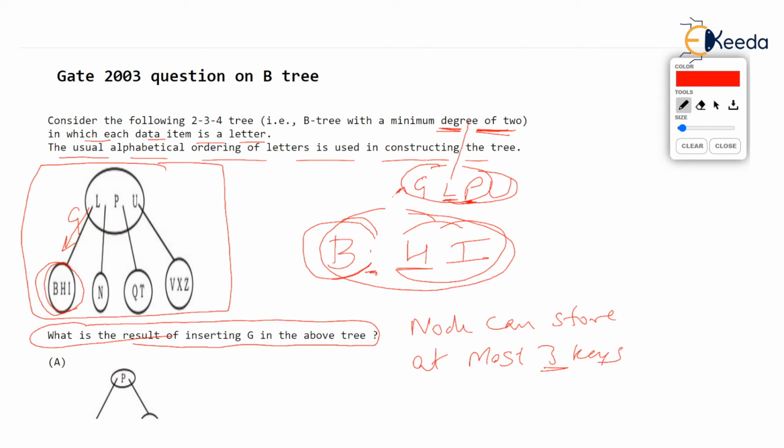And this G will be the left split and PU will be the right split. And L has been propagated up. So if at all we appoint G, the second key, as the median, then again L, the second key as the median, every time the node is full, then we will get root as L. And what will be the left child of root? It will be G, and the right child of root will be PU.